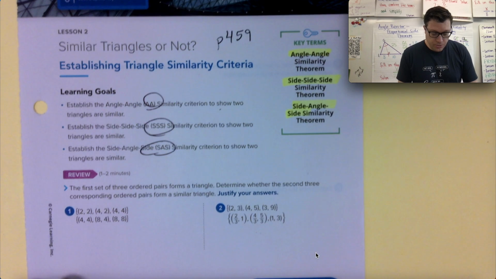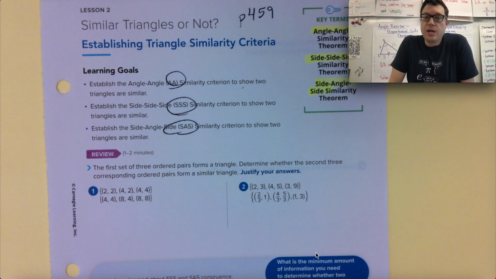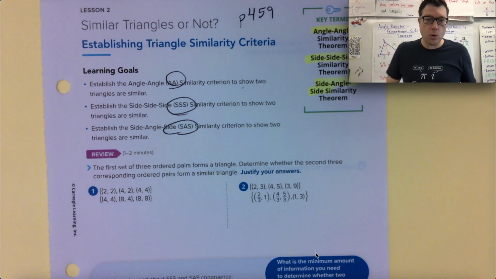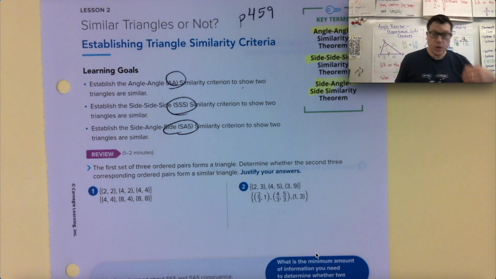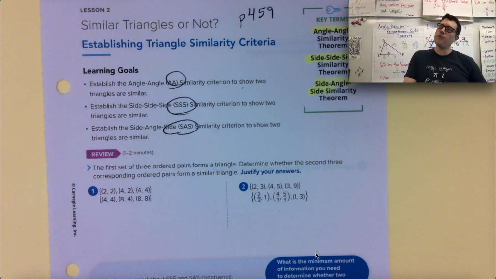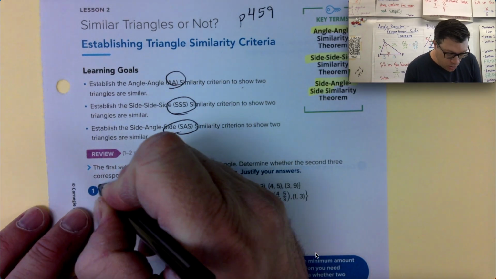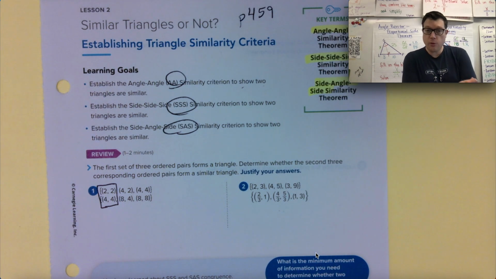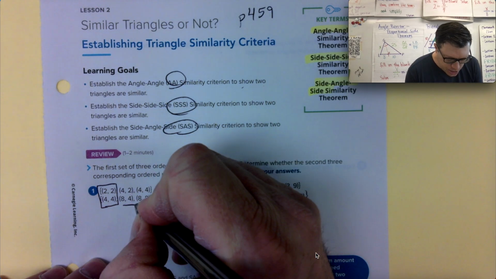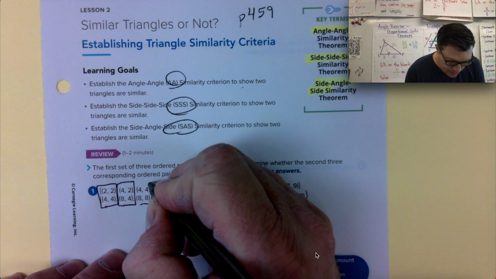The first set of 3 ordered pairs form a triangle, and determine whether the second 3 corresponding ordered pairs form a similar triangle. So what we learned in the previous lesson is going to be applied here. If you haven't watched those notes, page 447 through page 456, what we did specifically on page 456 was look at the coordinates. If I know that there's probably a correspondence from 2, 2 to 4, 4, from 4, 2 to 8, 4, and from 4, 4 to 8, 8,